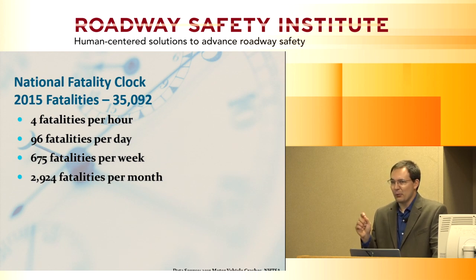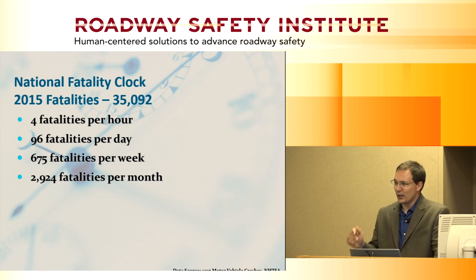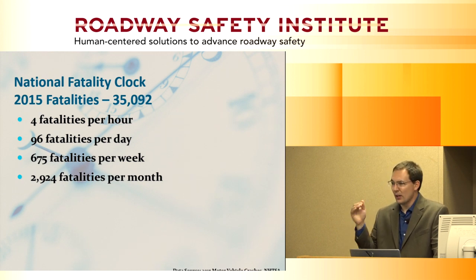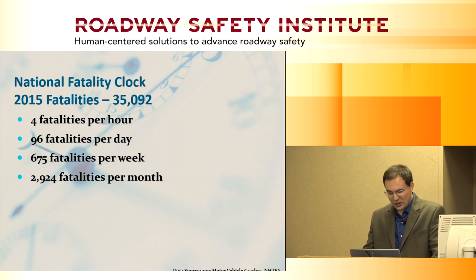I understand it's apples and oranges, the comparison here. But a typical airliner probably has a passenger occupancy of about 70 to 90 people. We would have the equivalent of 1 airline crash killing everybody on board every day in the United States. That is the equivalent toll on human life that surface transportation takes on the traveling public. That is the scale.